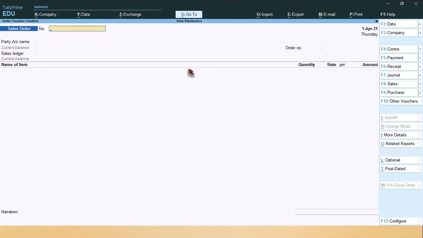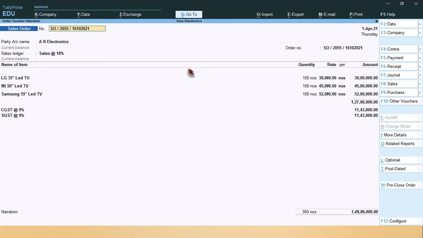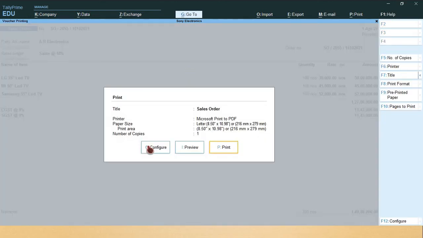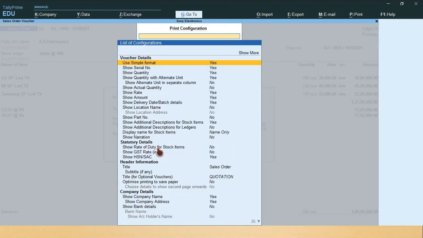Friends, this sales order we can convert into a quotation. So how will it convert? See here. Press Page Up, Ctrl P, printing option, configure, come down.